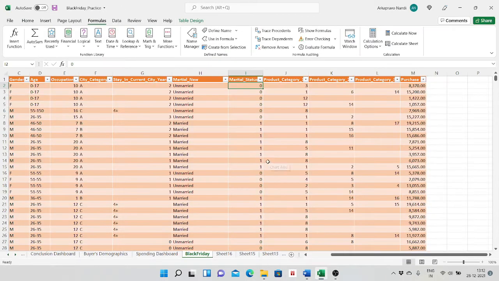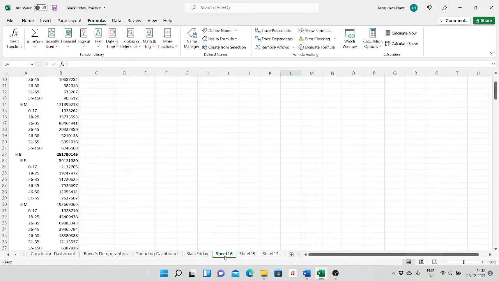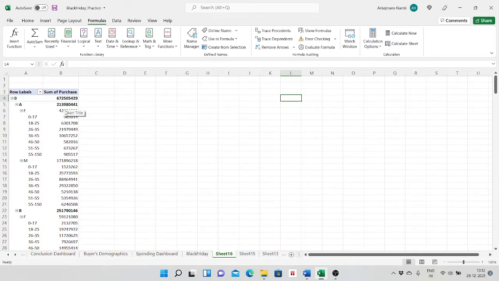Now I have to summarize data with pivot tables. Why am I summarizing data with pivot tables?